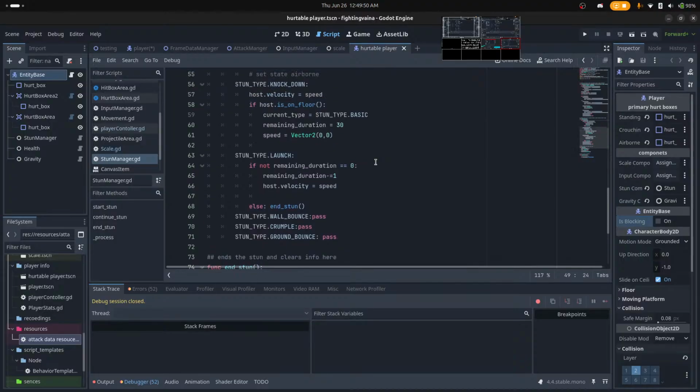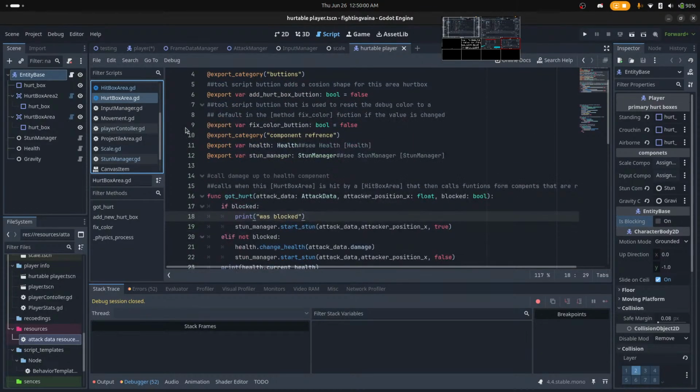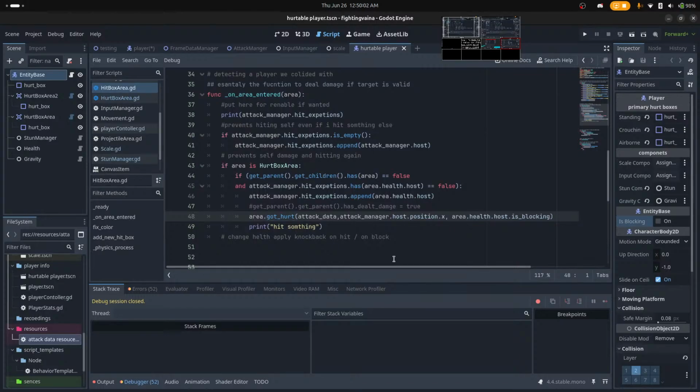And then what else is there? I believe it's just the hurt box tells us if it was blocked. The hit box tells us nothing, except if the player or the entity is blocking, because we can just get that.